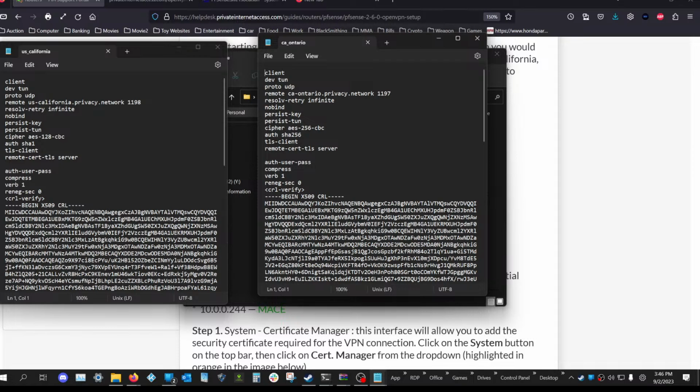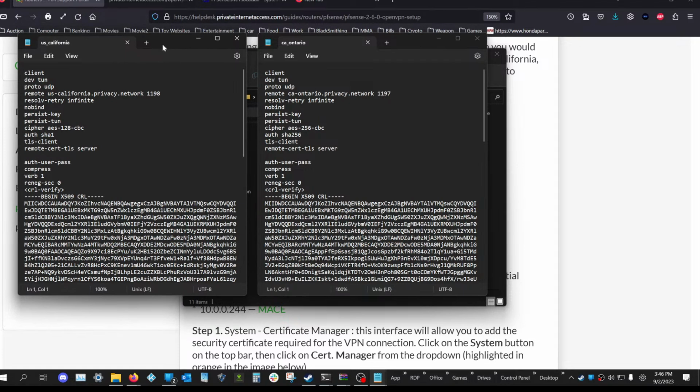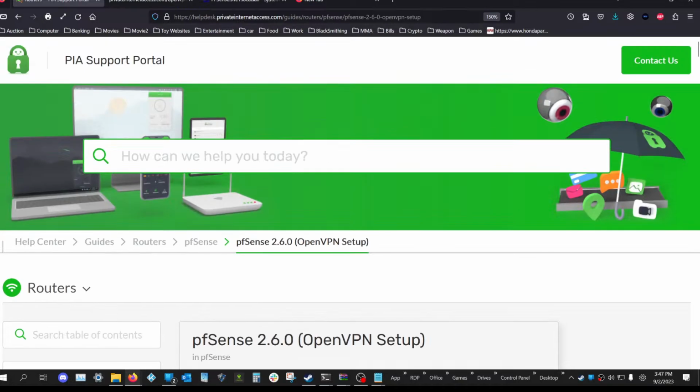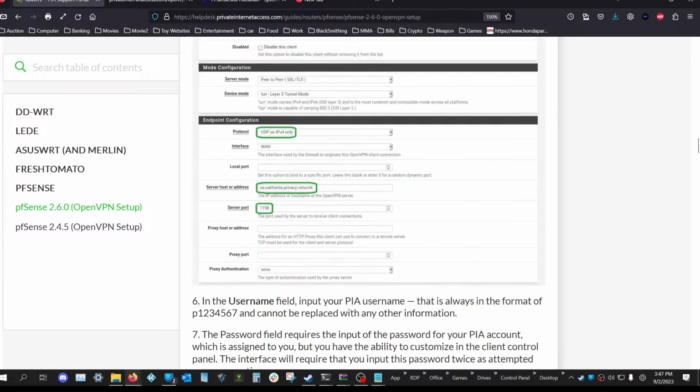But anyway, if you look here, I'm going to try to explain this so it makes sense. It'll make more sense if you try to do this and go through the steps. If you look at the encryption, the cipher, they have it here, but this is the encryption stuff that the tunnel uses. On the less secure one, the normal one, it's AES 128. And over here, you can see this is a strong one, and it's AES 256. And some of these are different in here, right? But when you are following these instructions,